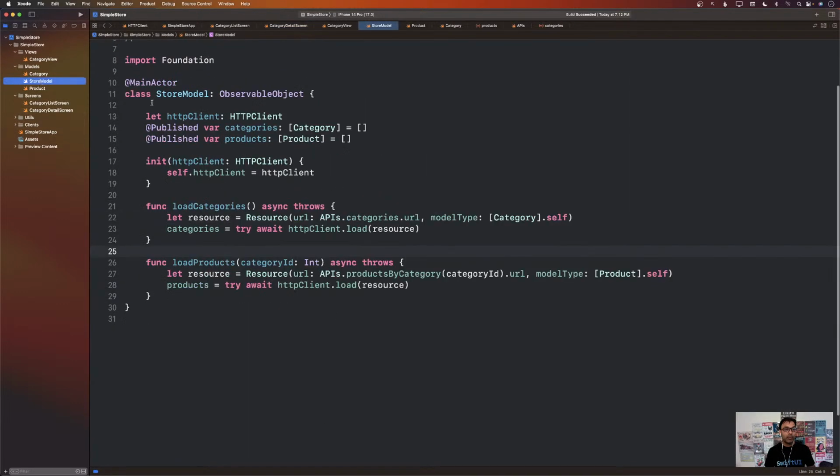I just added one single observable object because my source of truth is the server, and that's it. And this store model is going to manage the entire state of my application. Granted that this application is not that huge, it's a medium or even a very small size application, but